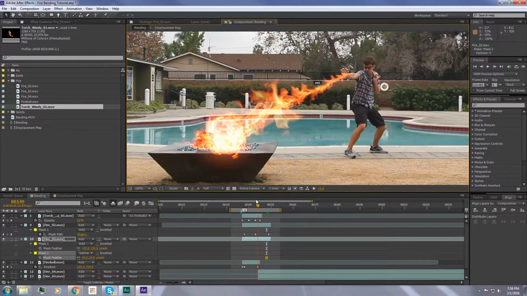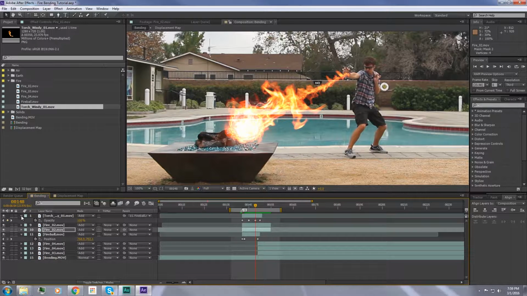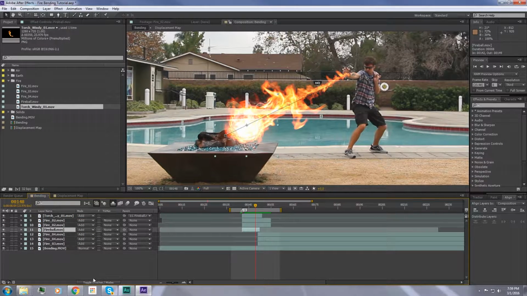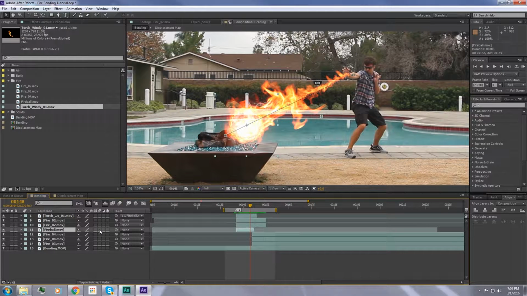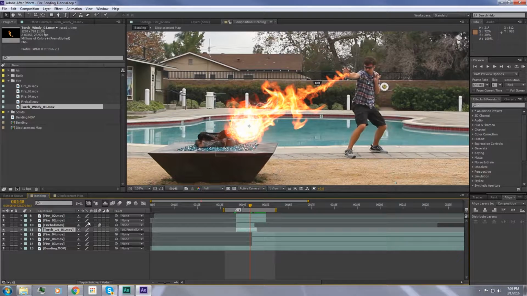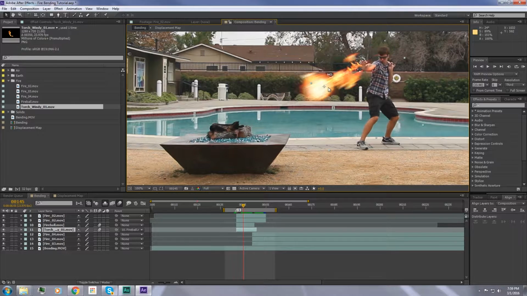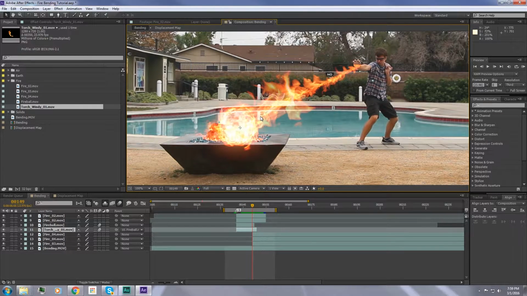So here we go. So here's like our basic look. What we can also do is we can go into our fireball. We'll just switch modes. We can hit motion blur. We'll put a torch just below our fireball. Also hit motion blur, and then turn motion blur on for the comp. So you do lose a bit of that detail, but actually